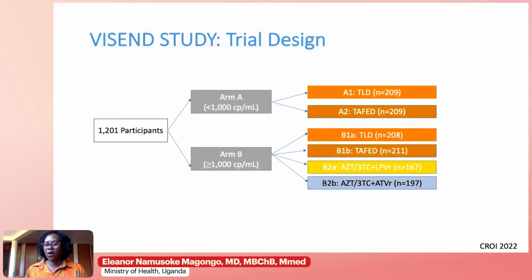Let's move on to Africa. The VICENT study, which other people have called the African NADIA. So they looked at 1,201 patients, divided them into two arms, Arm A and Arm B, and